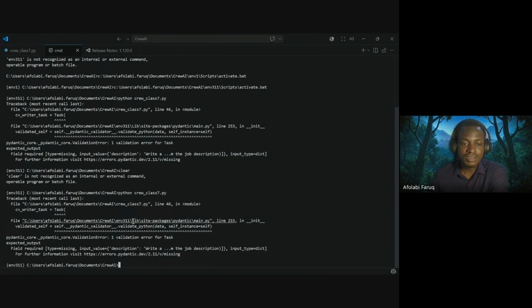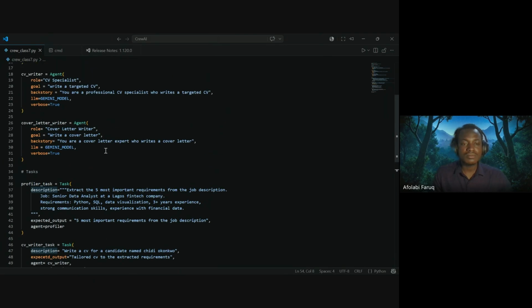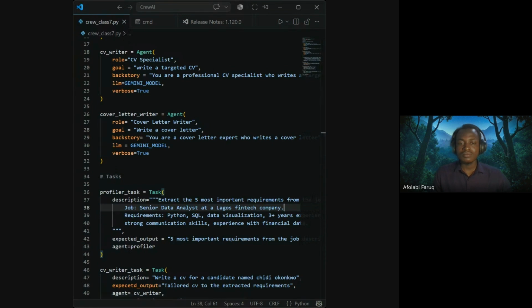CV writer, really? Again. Let's check why it's running into an error again.